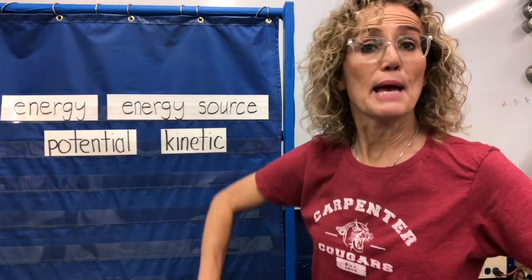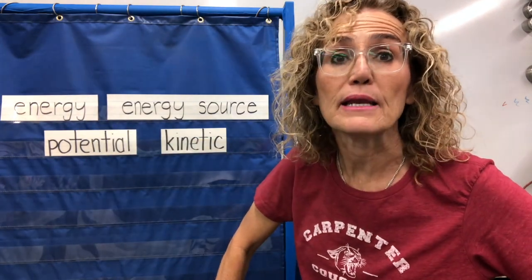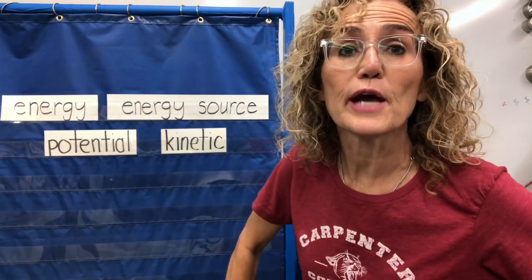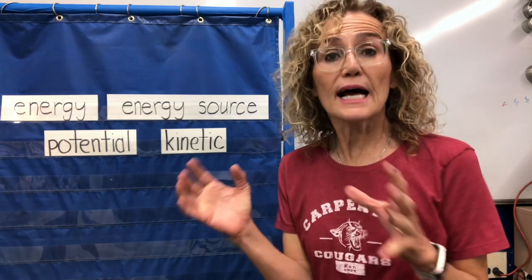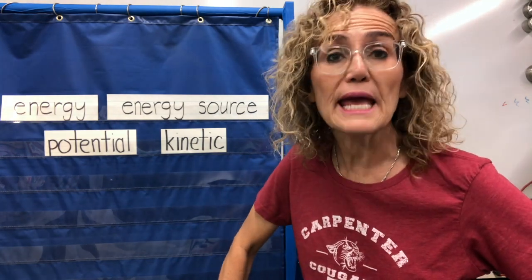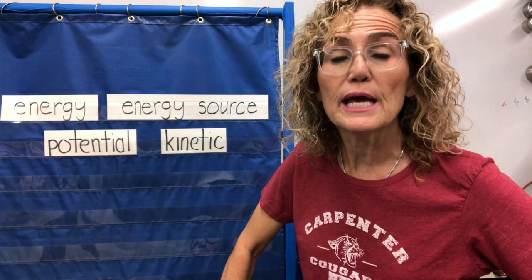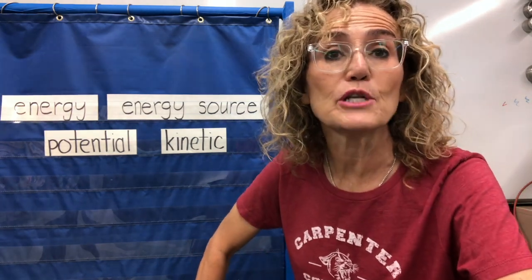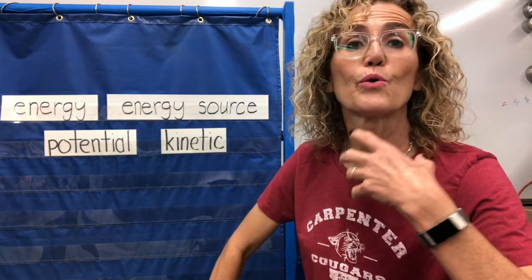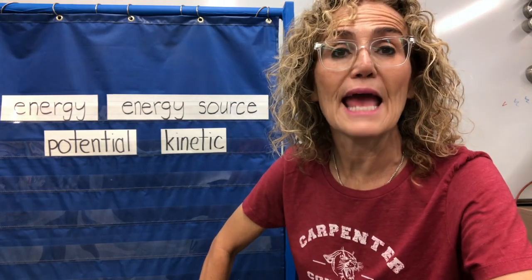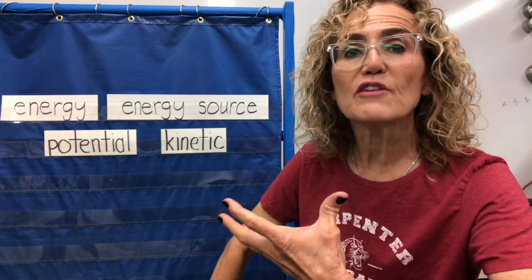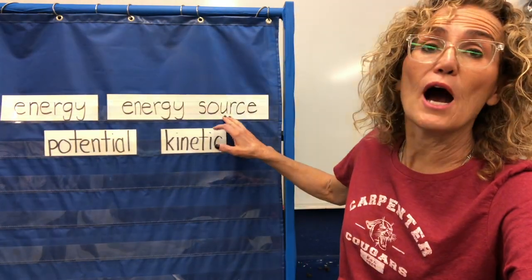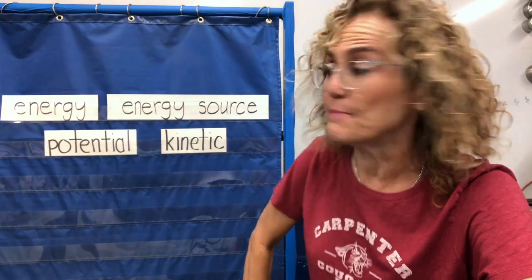I want to do a quick little review about what we did last week. So energy makes things happen. Energy has a source. Most energy on Earth comes from the sun, but the sun's energy is stored in plants, it's stored in food. We take the energy from the sun, we make chemicals, and we store it in batteries. We store it in the wax of the candle. So there's a lot of ways that we can store energy, but most energy on Earth comes from the sun.